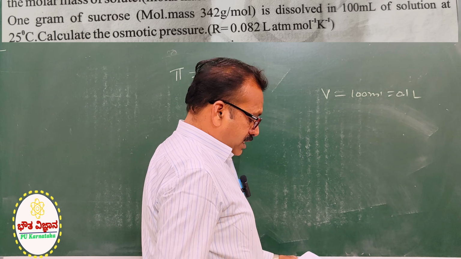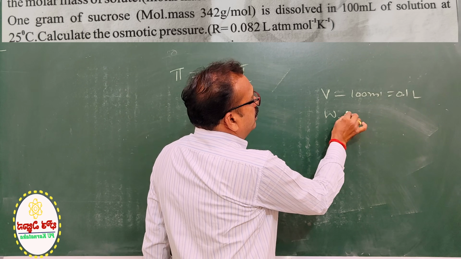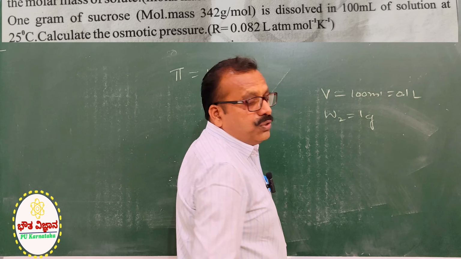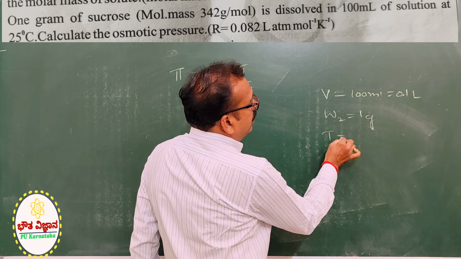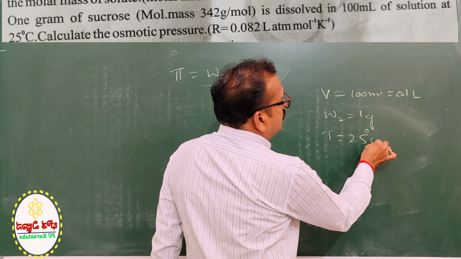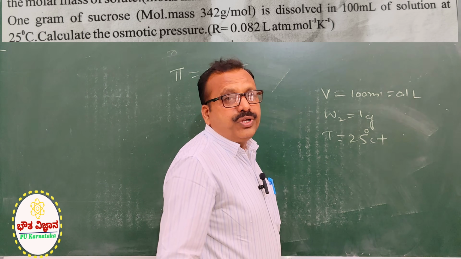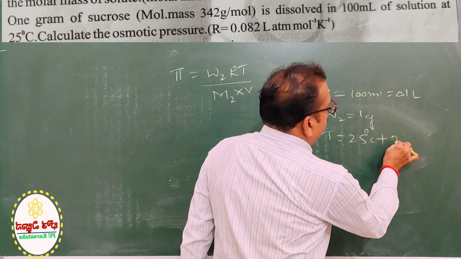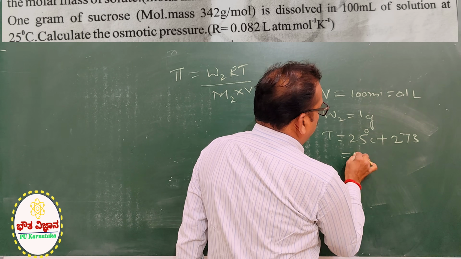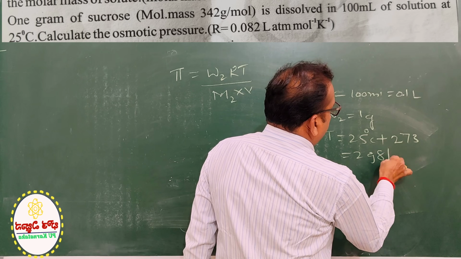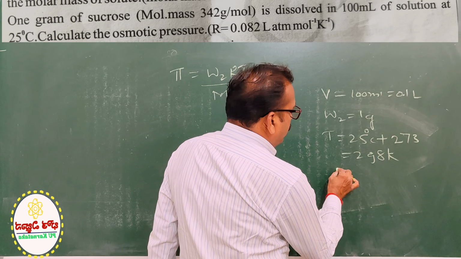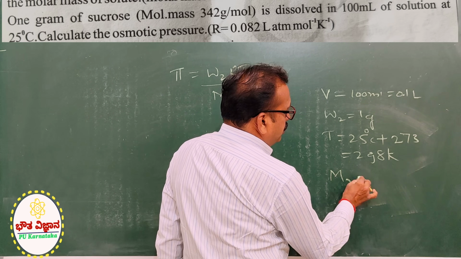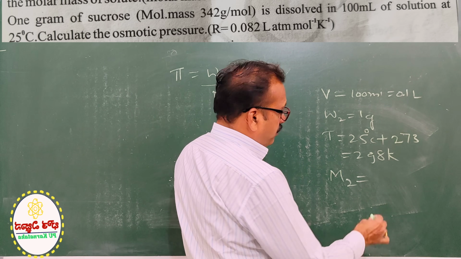Okay, so next W2, they have given 1 gram of solute dissolved, and temperature they have given 25 degrees Celsius. You have to convert in Kelvin, you have to add 273, that is 298 Kelvin temperature, and molar mass of solute M2 they have given 342 gram